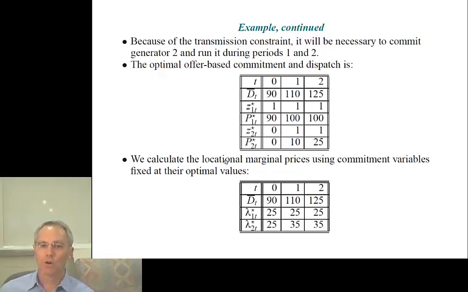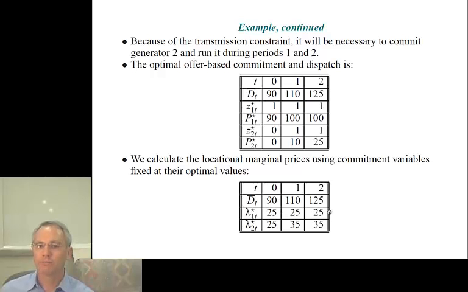We can calculate the locational marginal prices using the commitment variables fixed at their optimal values. For generator 1, it's on for all of the relevant pricing intervals. For generator 2, we switch it on at the beginning of interval 1. So fixing the integer variables and considering the remaining continuous problem, we'd find Lagrange multipliers on the power balance constraints